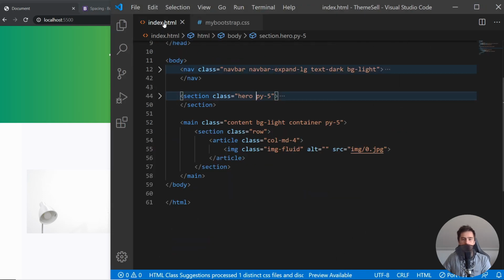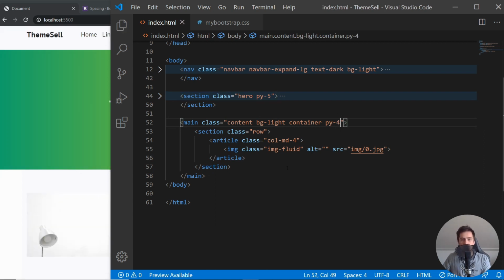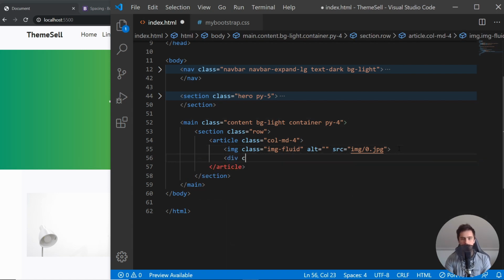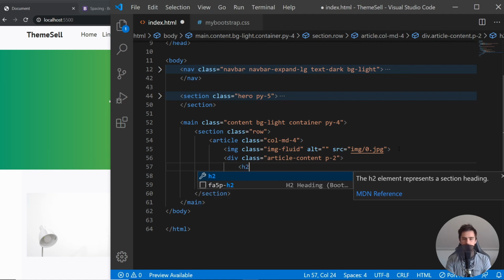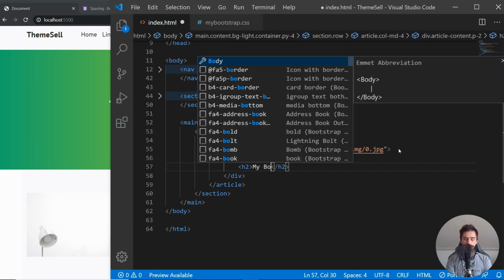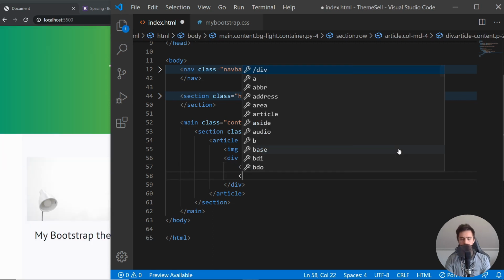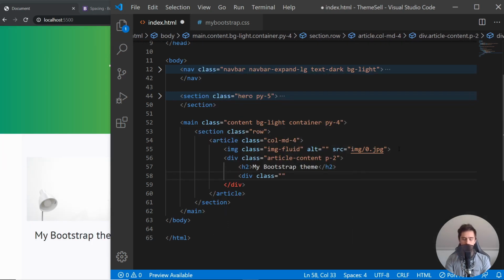Okay, I think that this looks actually cool, so let's just go with that. And yeah, let me also handle this whole thing. So actually I think that the padding on the y-axis could be a little bit smaller. Yeah, I think that this looks better. And let's just add a div with the class of, how do I call this, article content. And let's just add a padding of 2 to this thing, and inside here we will just have an h2 heading, and let's just say my Bootstrap theme, and then we will have maybe some sort of div with the class of display flex and